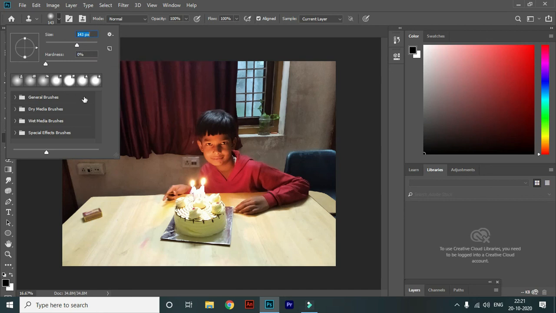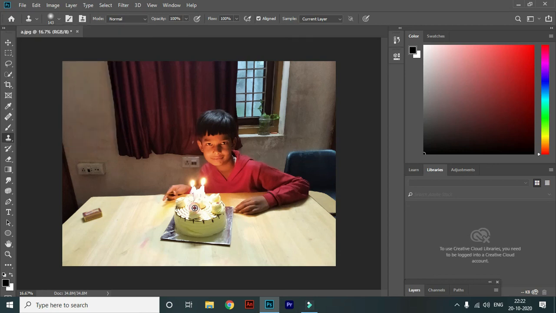of this cake. Okay, so I press the Alt key here, and here on this place of the table I am going to make another cake, meaning I am going to make a clone of this existing cake. Now look at this. Now drag over here, and these plus signs show the original image.